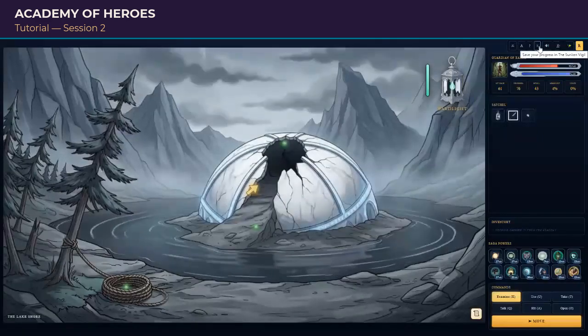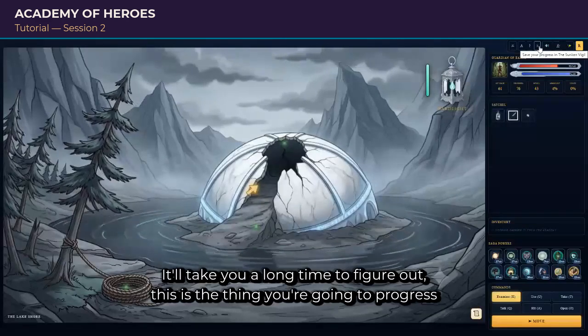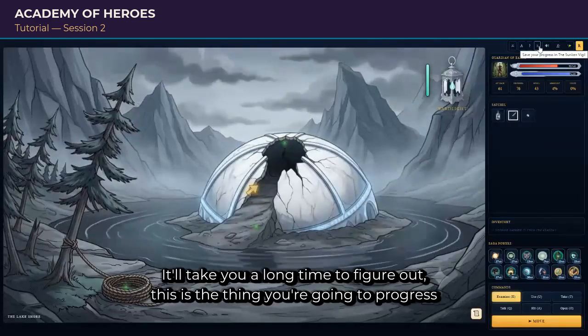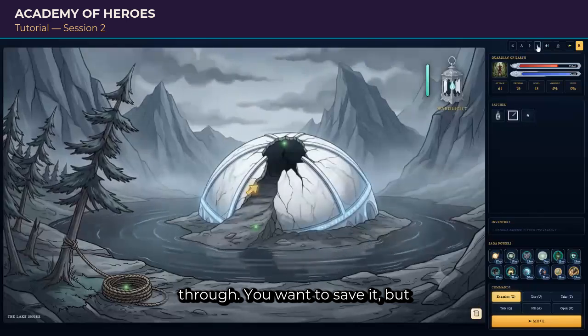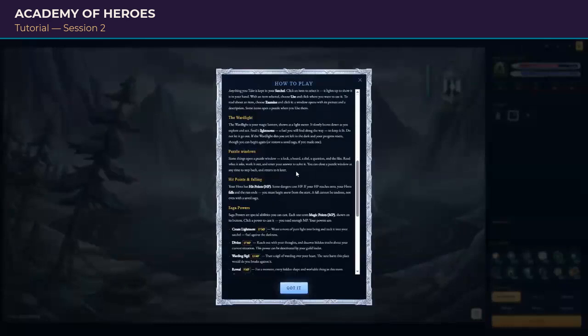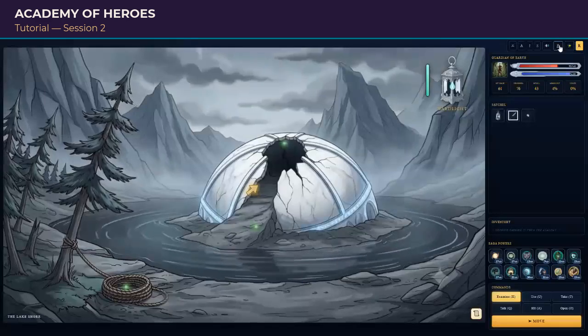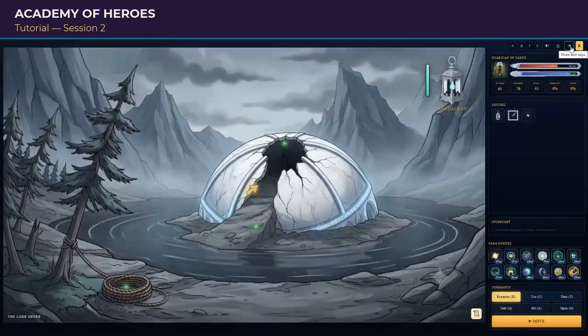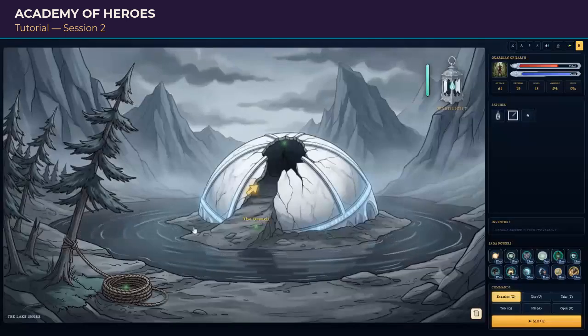There's a save button up here. This is designed to take a long time. This is the thing you're going to progress through. So when you want to save it, you can click save. There's a help button here. It tells you all the commands and how it works. Okay. So, for example,